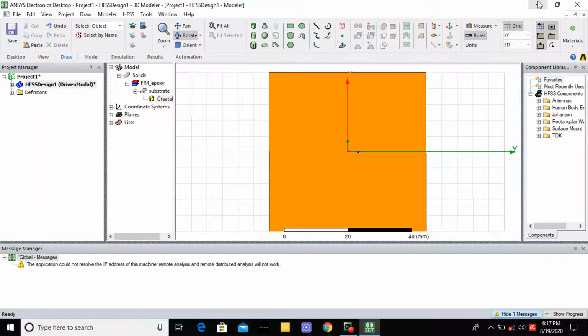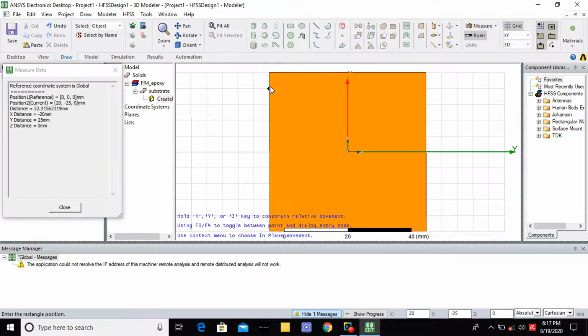For the ground, select a rectangular sheet. Okay, now I select a rectangular sheet on the back side of the substrate. Now you tilt the substrate. Now I have the back side of the substrate.